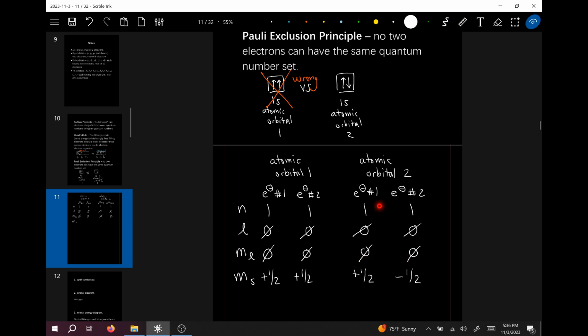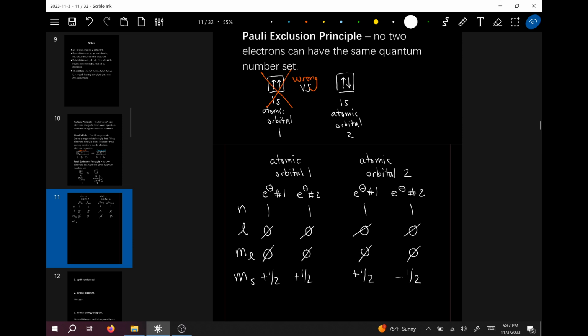So even though the address here is the same for both of the electrons, it's when we get to the spin that they're different. It's almost as if these 2 electrons reside on the same street, maybe even the same house or the same apartment complex, but one lives in one apartment and the other lives in a different apartment. So we do not have 2 electrons that are occupying the same exact space, and that would be